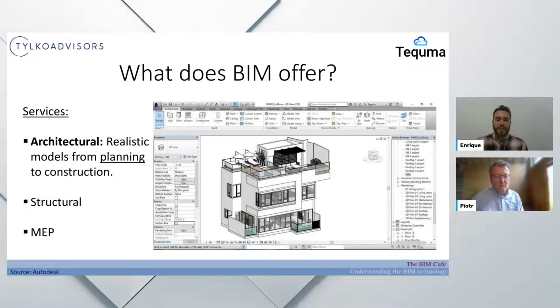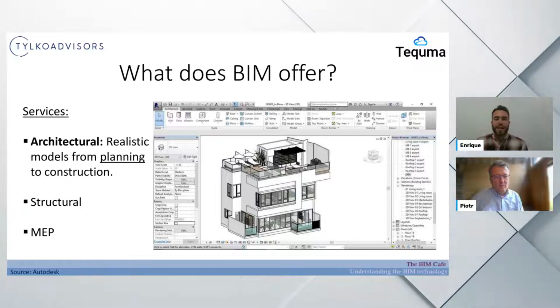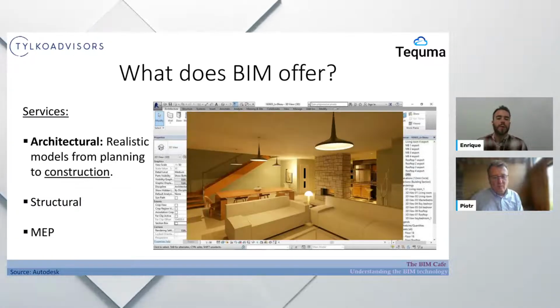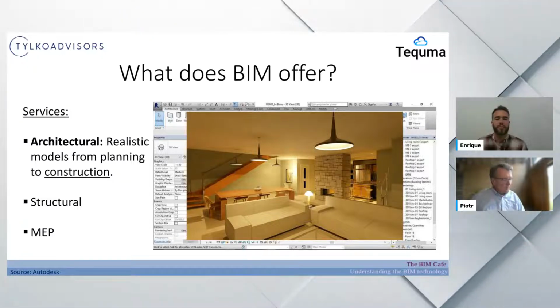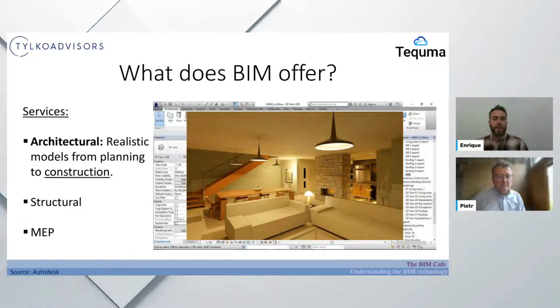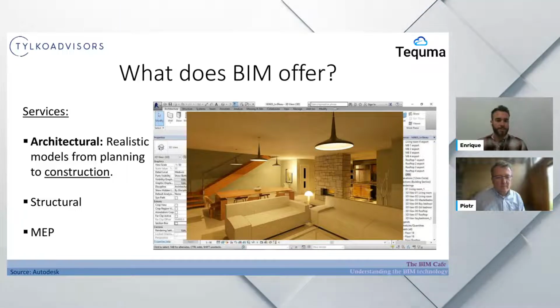Of course, if we're thinking about design, we think about architects, how they can design and how they can make realistic models. They can create a concept, plan it, and bring those ideas from the planning phase up to how they will look in the construction. This carries through the whole cycle of the project. We don't stop at the planning, give the plans to the workers and forget about it. We can see how it looks, follow up, and really go further to see if our designs are getting into what is going to be built or not.